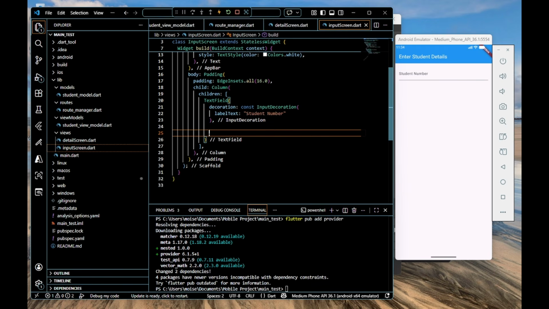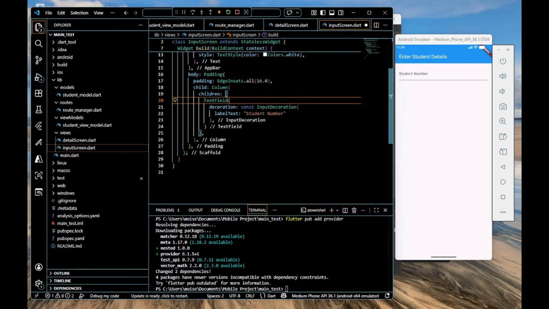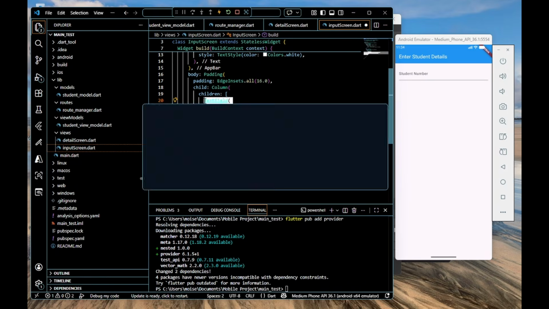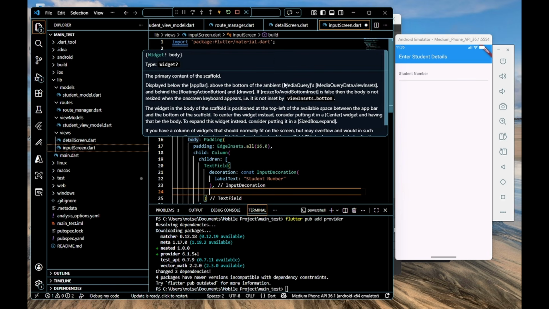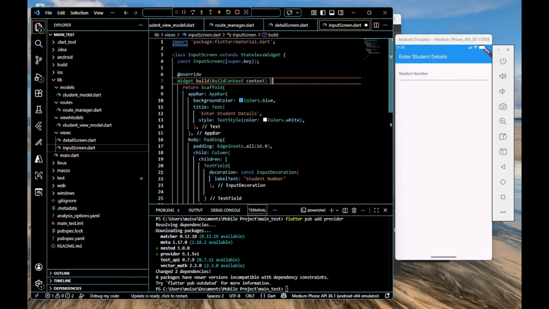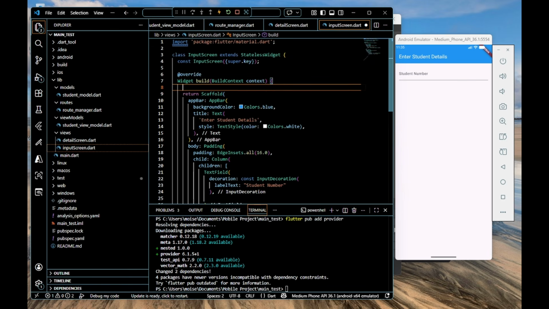So to make our work easy, what we can do is I will just copy this text field, but before I copy, let me actually complete it. So there are a few things that we have to do. The first one is that we have to invoke our view model,